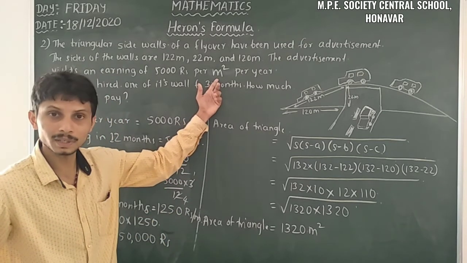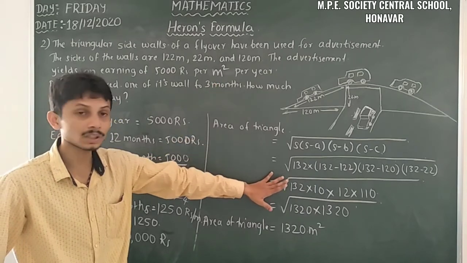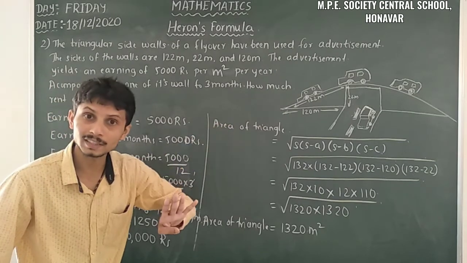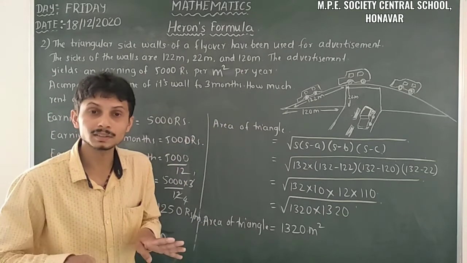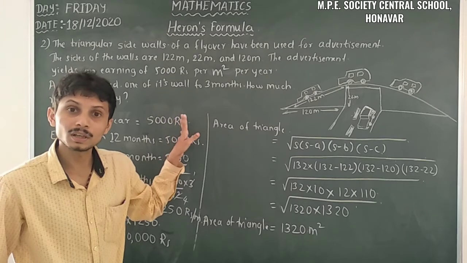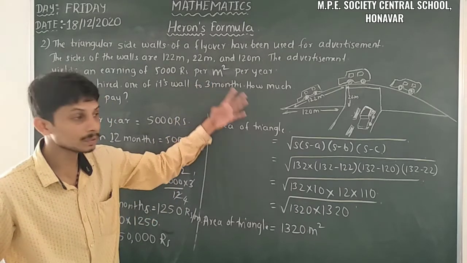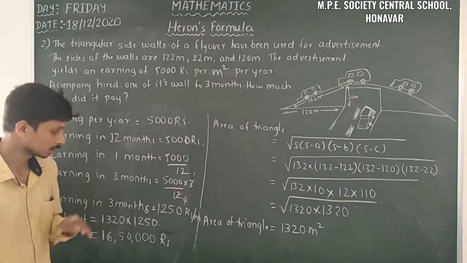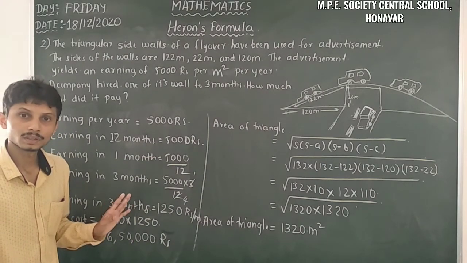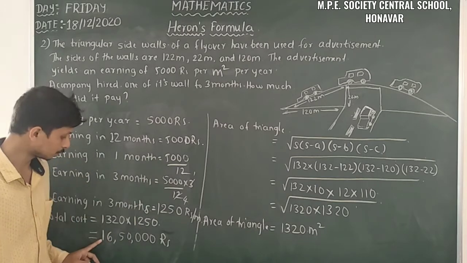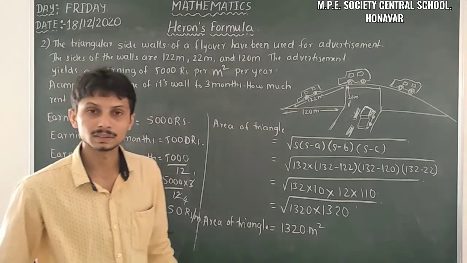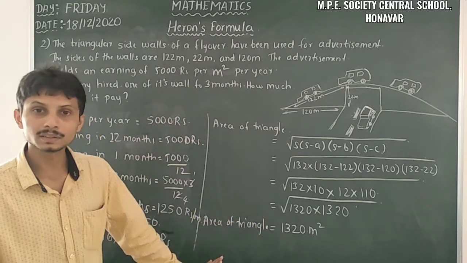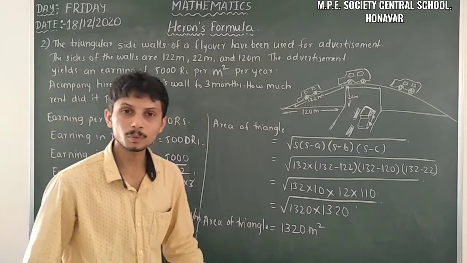That means here we have the meter square. When we have the meter square, it belongs to the area of the triangle. And when we have meter, it's only because of perimeter. When we have the fence, the same case arises, it's a perimeter. It depends on the perimeter. But here we have the meter square, so it's based on the area of the triangle. We have to multiply with the area of this triangle here. So in the total area of this triangle, they have to pay 16,50,000 rupees, in 3 months only. I hope you understood these things.